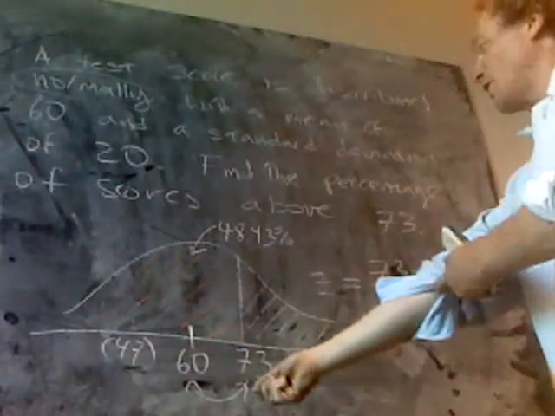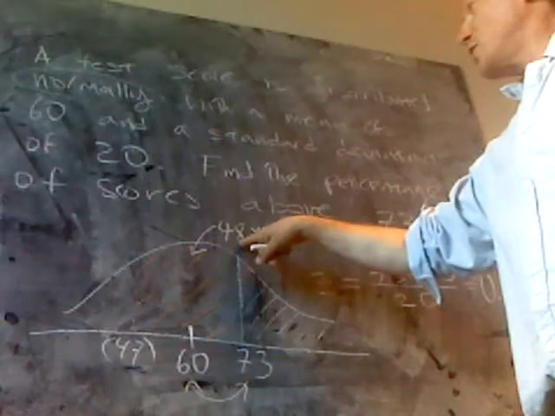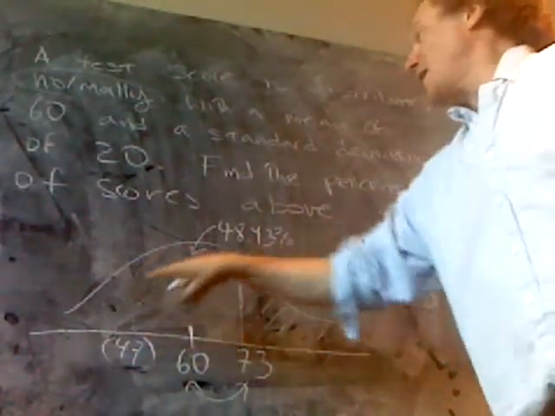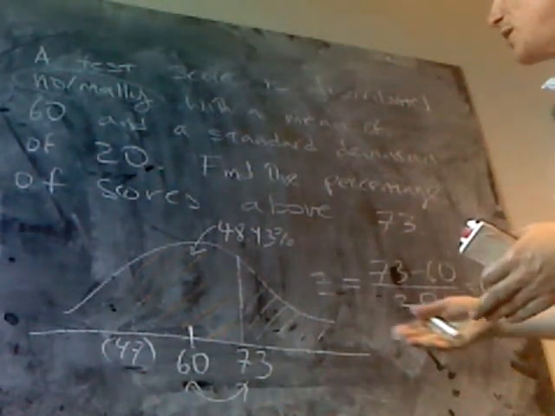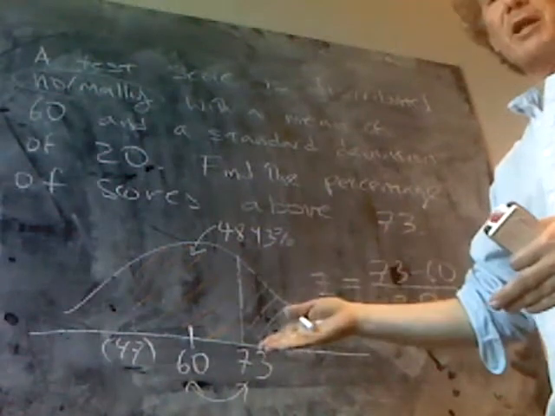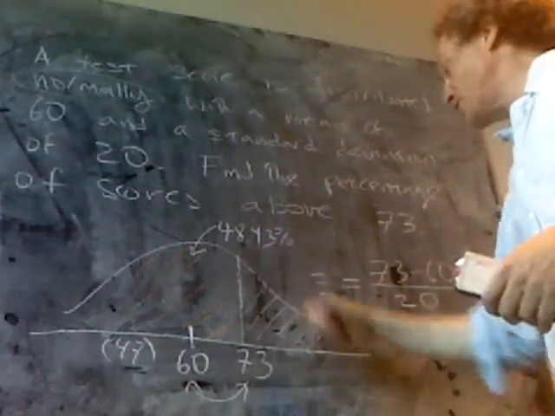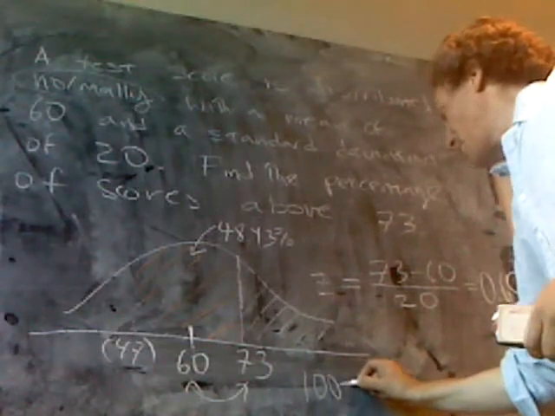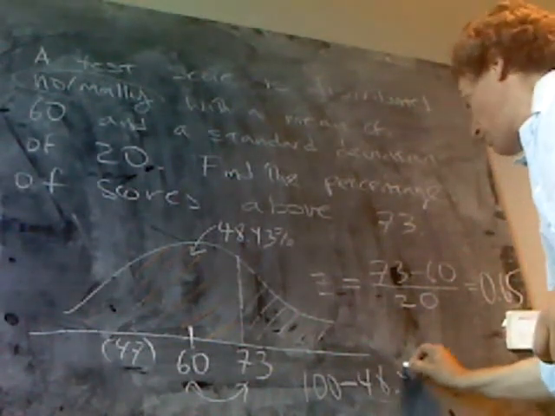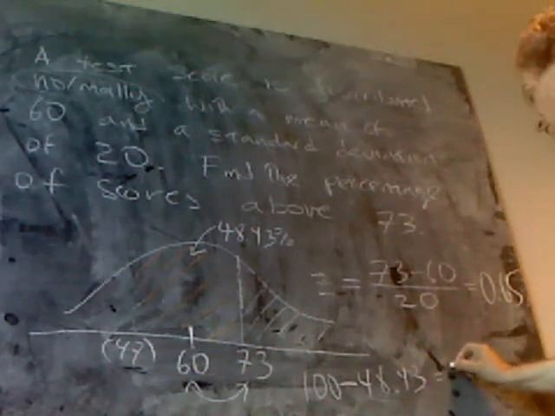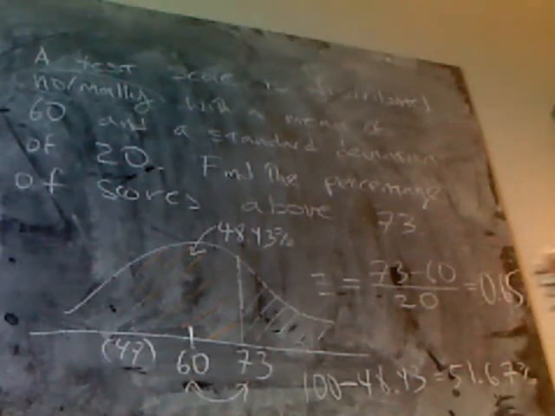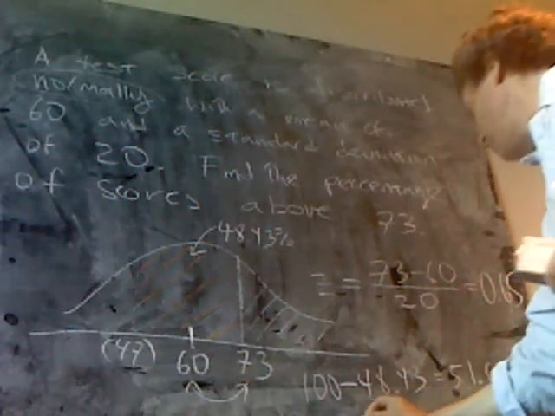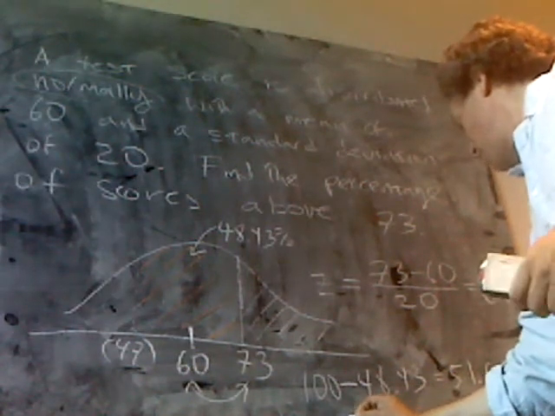So we're looking for some number that, when I double it and add it to 48.43, I get 100%. To put it more simply, if I take away the 48.43 from 100 and divide that by 2, I'll get this. So let's do that: 100% minus 48.43 gives me 51.57. That's the percentage outside of the area, 100 minus what's in the area. Now if I divide that by 2, 51.57 divided by 2 is